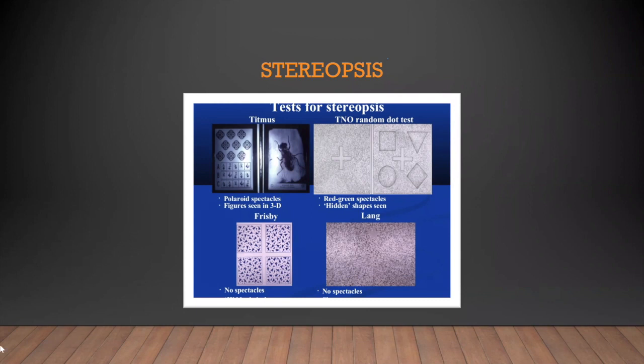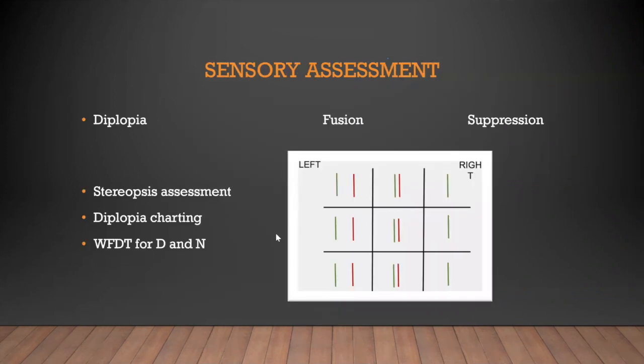Now you have something which is simple, which is called diplopia charting. In diplopia charting, we use a red filter over one eye and a green filter over another eye, and we show a single light, a single yellow light. Now, since one eye is looking through a red filter, that same yellow light appears red, and one eye is looking through a green filter, the yellow light appears green. So imagine that the right eye is viewing a red line and the left eye is viewing a green line. If these two align, if the two eyes are seeing one image, you're going to see only one line.